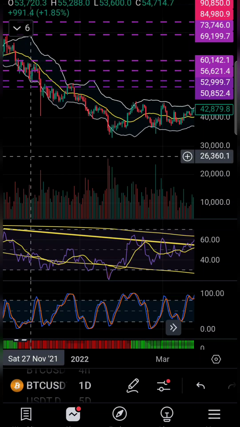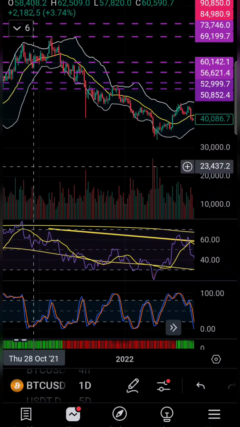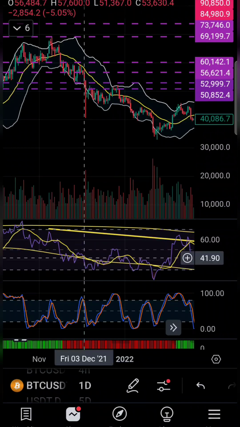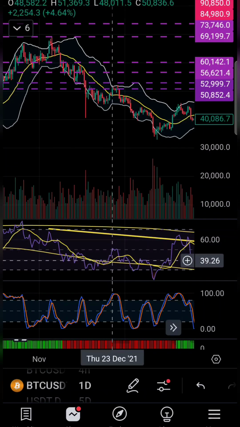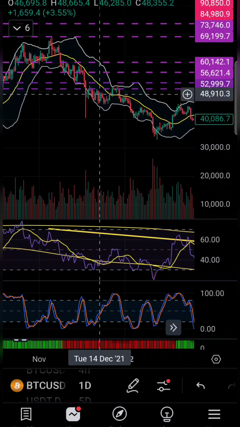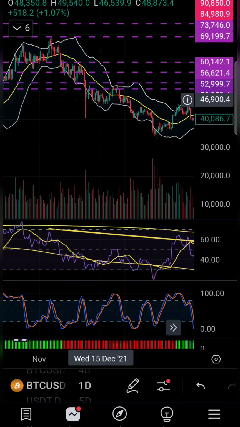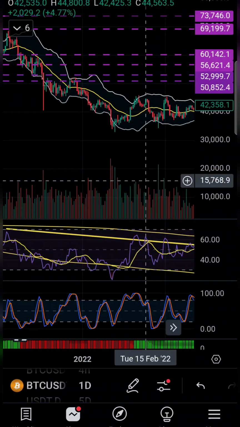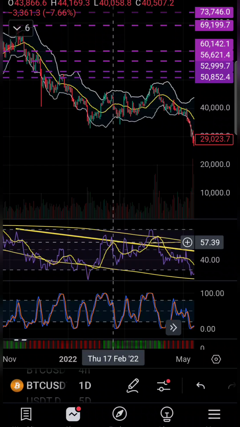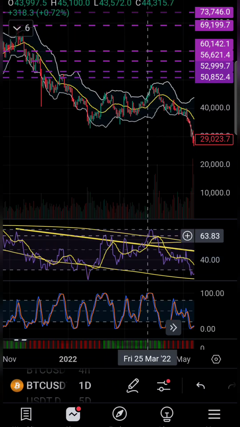So let's zoom out. Bitcoin went from extreme overbought and it actually touched the 30. This is a bear market. So when Bitcoin came down, it just kept chopping below 50. And look at this trend. Look at Bitcoin's trend from this point. We'll choose this point because this is when it actually touched the oversold 30 value on the RSI downtrend. Then it came back up almost to overbought and price went sideways. You're chopping from oversold to almost overbought, going below the 50 value and above the 50 value.